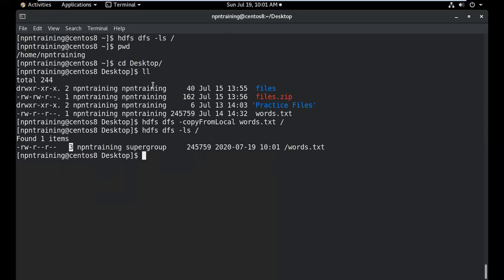Similarly, there is another way also to copy. These are all very important interview questions that they ask you. So one way to copy the data from local file system to HDFS is this command. All these things are documented. I will be sharing the document with you. So one way to copy the data is using copyFromLocal, with the file name I'm trying to copy to the HDFS. And there is another way to copy the data from local file system to HDFS.